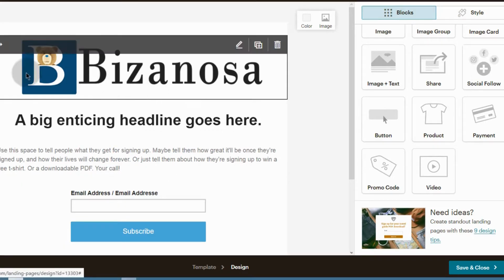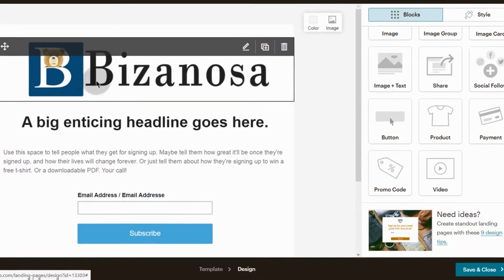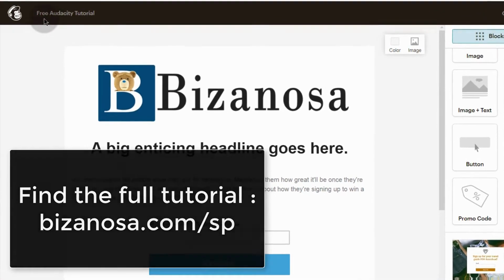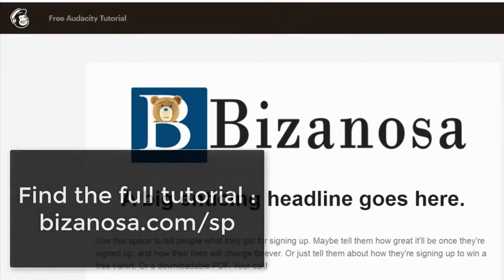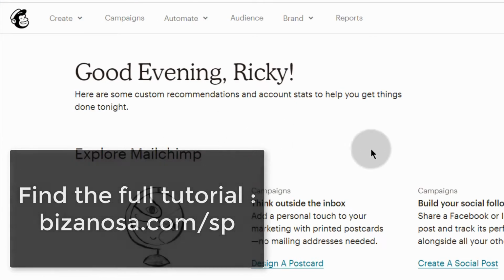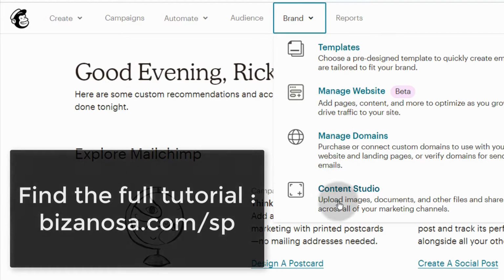So you're probably wondering where this logo is coming from, and there's something in MailChimp called Content Studio. If I come and open the MailChimp dashboard in a new window, you can see under brand, we have something called the Content Studio.